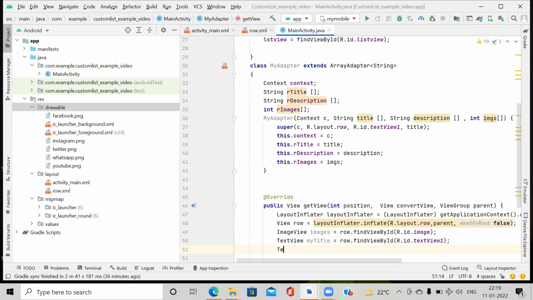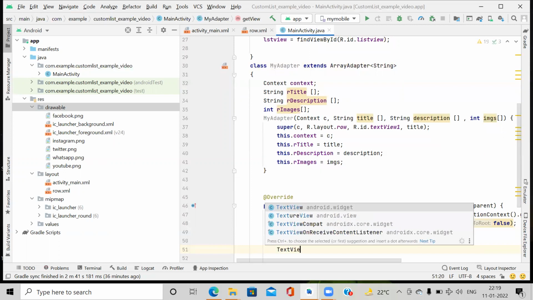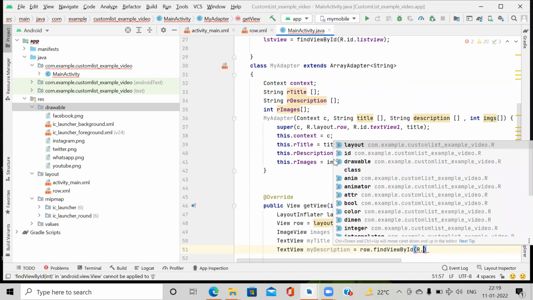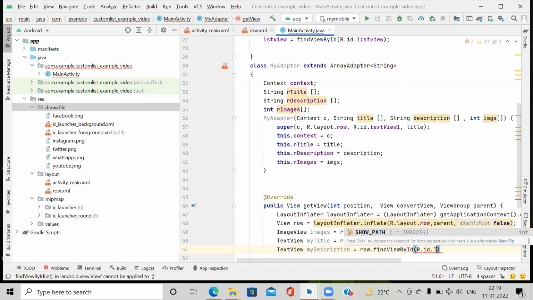Same for one more TextView: myDescription is equal to row.findViewById(R.id.textView2).